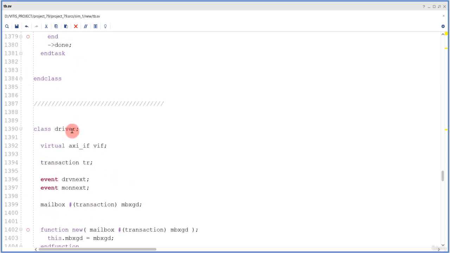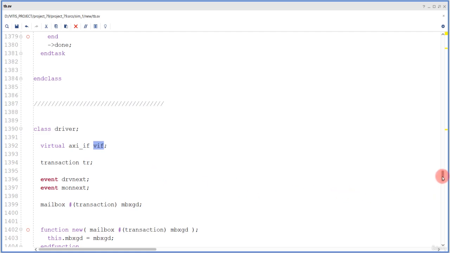The next class that we have is a driver. Now here, the driver and the monitor are the most crucial classes because there you need to do a lot of work depending on the specific sequence that you need to generate, right? First thing that we do is to add an access to an interface we call a virtual. Then the interface name, which is the AXI_IF in ArcGIS, and then we'll be accessing it with an instance name